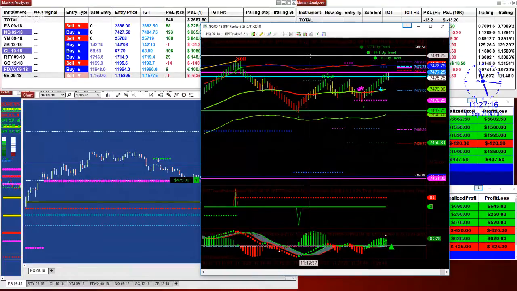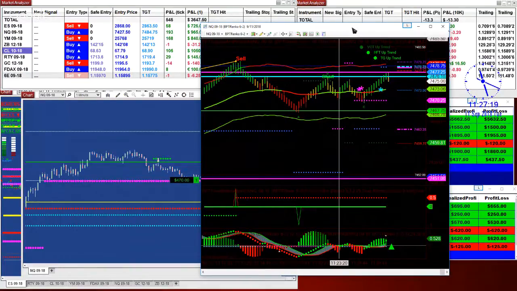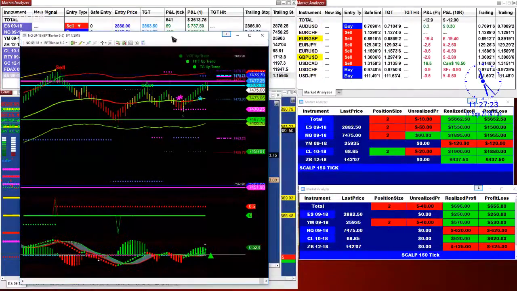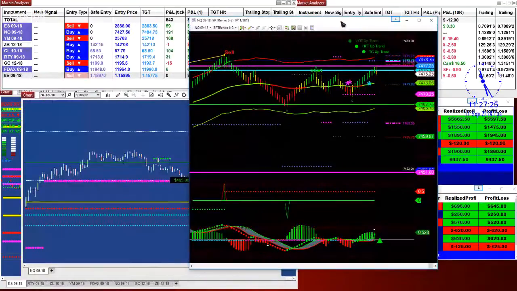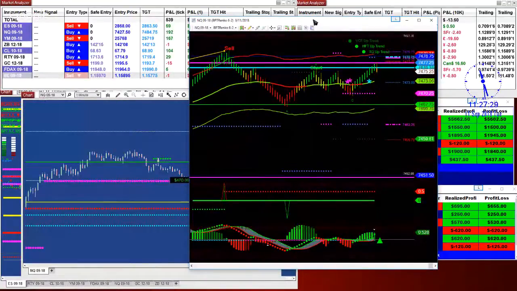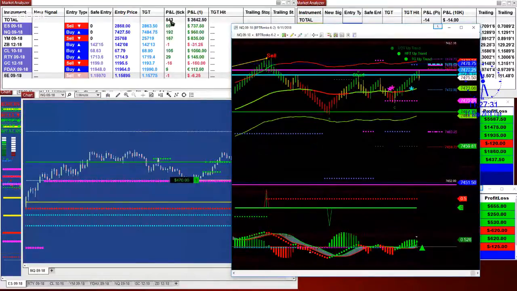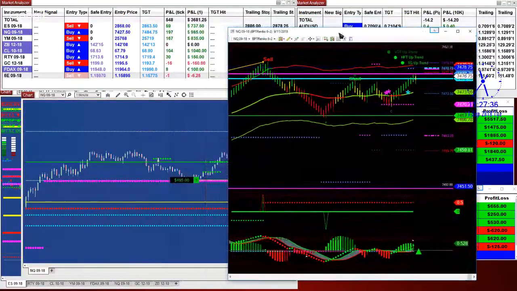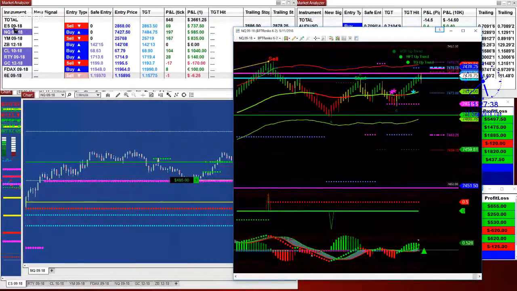Okay, so right now this auto trade is not doing well. You're welcome to trade it. But here we are doing very fine. We have 540 on the total. Those are all good numbers, especially for the guys who have a low account. I strongly recommend taking one trade ES, one trade Nasdaq, one trade YM. Whether you want to take it manual or auto trade, it will be the same numbers.